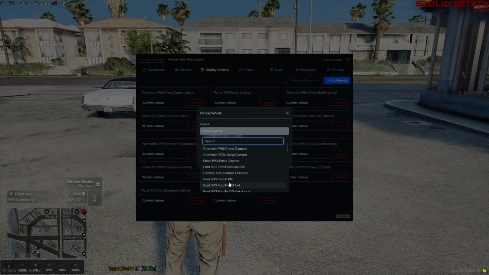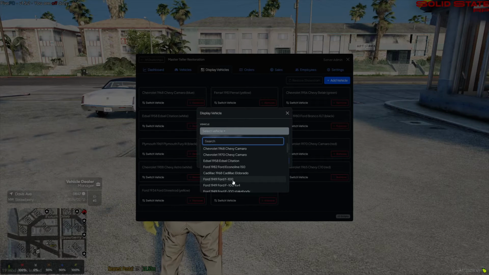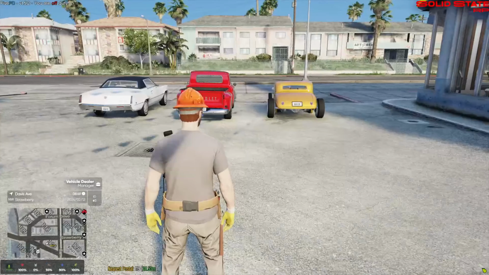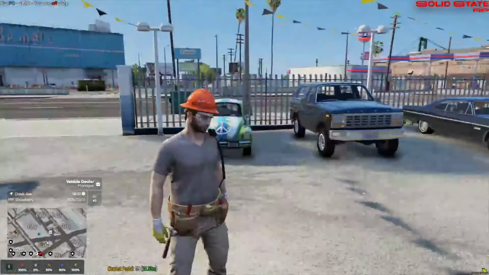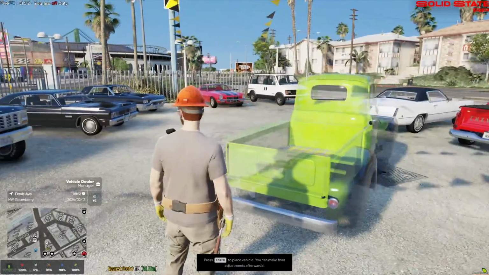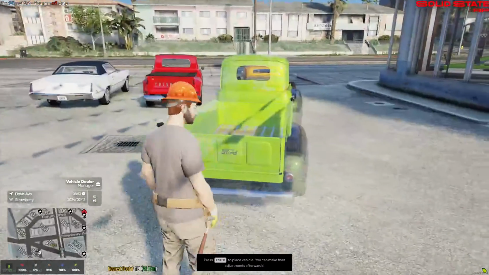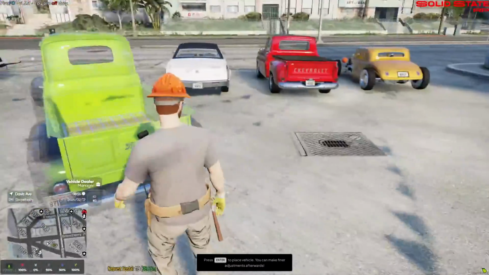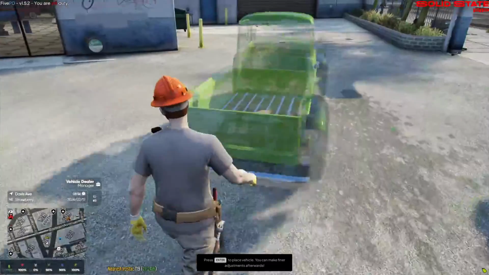Let's see. Let's grab a Ford 1949 Ford F100. And we'll do green. As you can see, it spawns right in front of you and attaches to your body. And with that, you can just simply find a spot on the lot, move around with it,